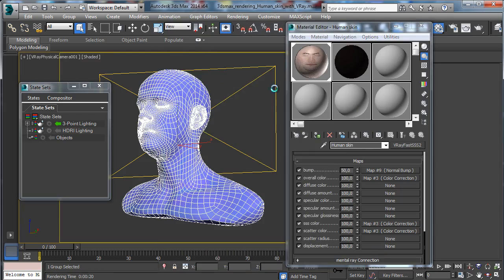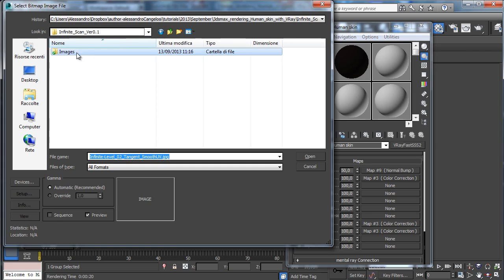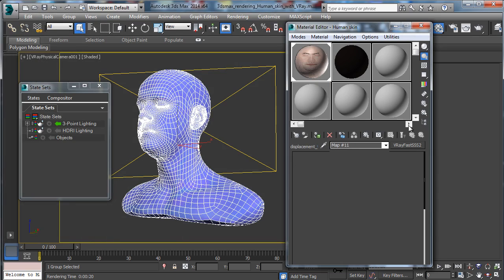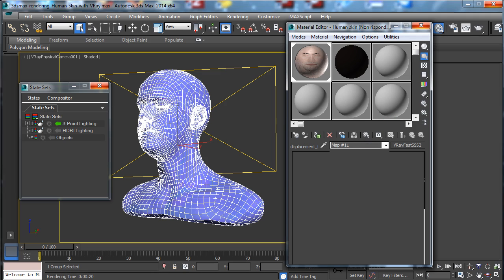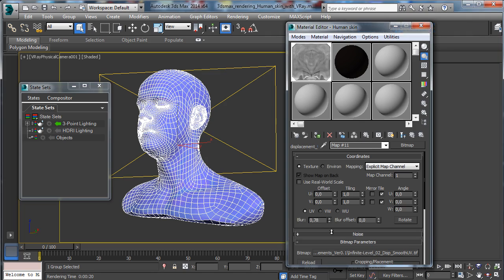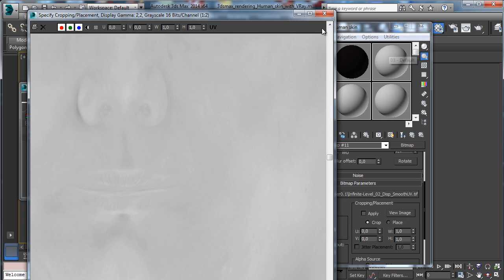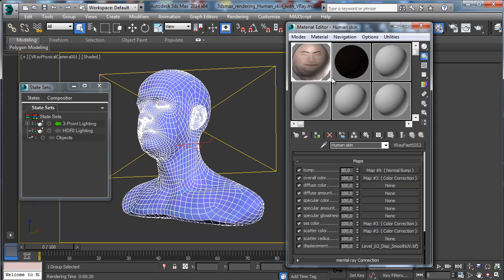So let's go there, let's say bitmap, and we go to pick the displacement there. It takes a little bit to load because it is big. Okay, let's remove the blurring and let's see this map. Let's remove all the maps because I'd like just to see the displacement. Let's say 2,